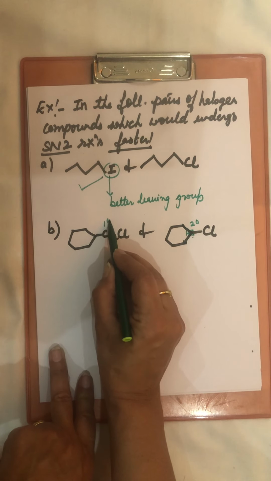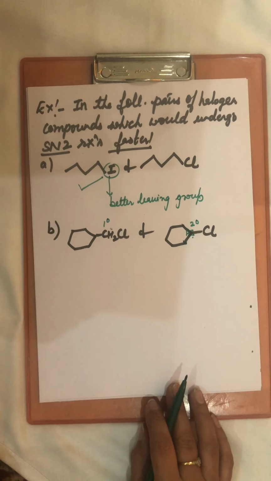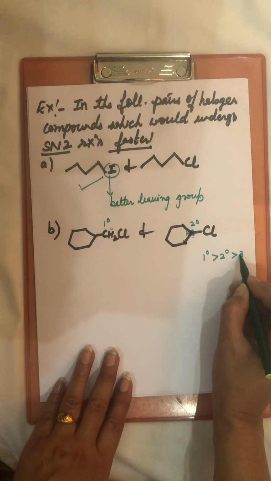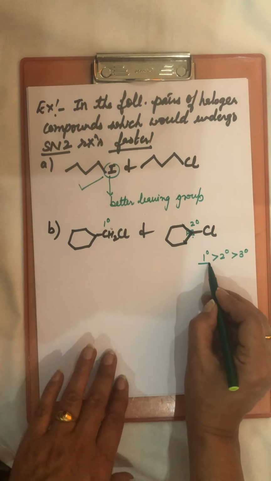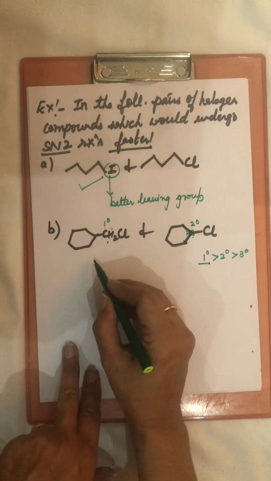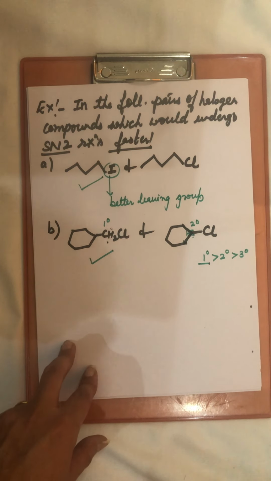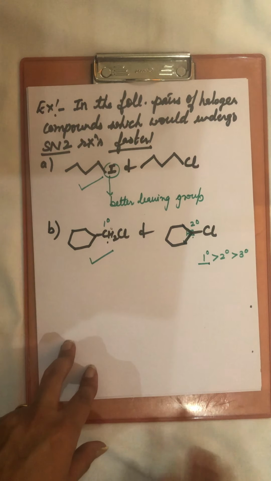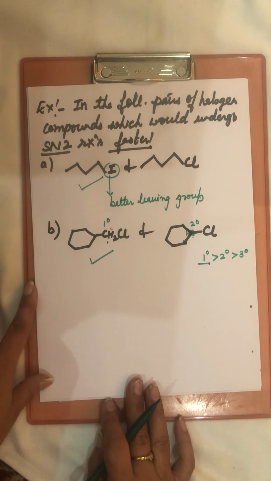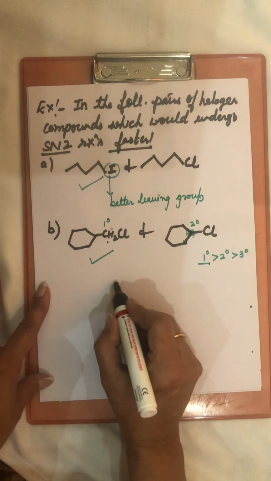So this is primary carbon. In case of SN2 reactions, we know reactivity order is primary haloalkanes more than secondary, secondary more than tertiary, because here steric hindrance is less. So if this is primary, steric hindrance is less, so its reactivity is more in SN2 reactions. So this is a question with the nucleophilic substitution reaction, that which out of these two pairs will undergo the SN2 reactions faster.